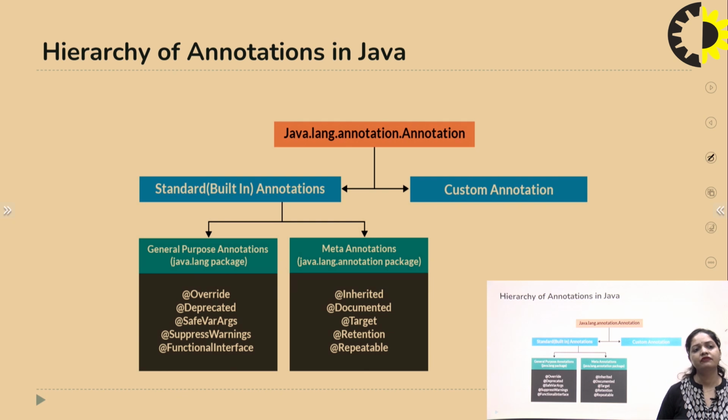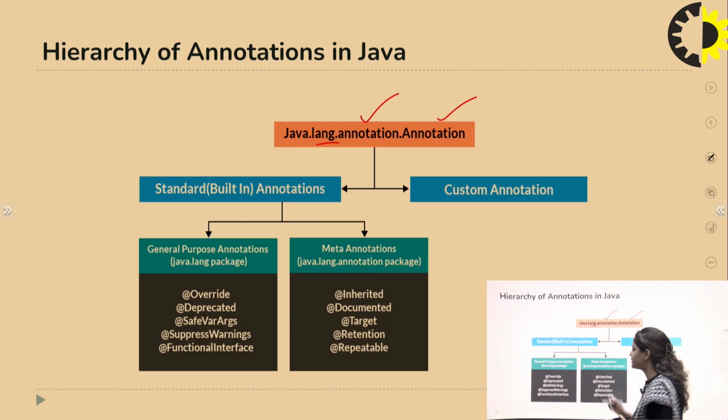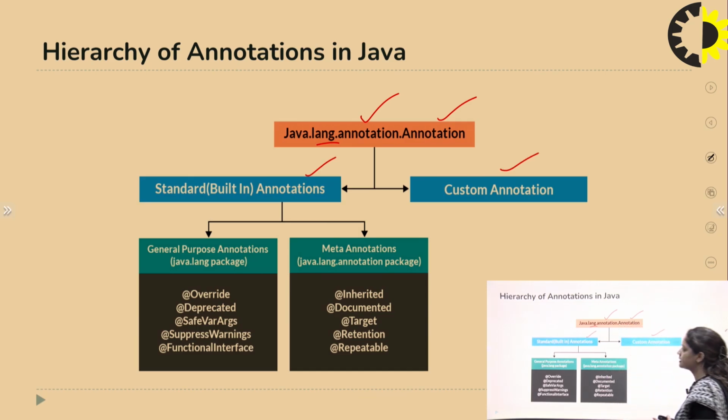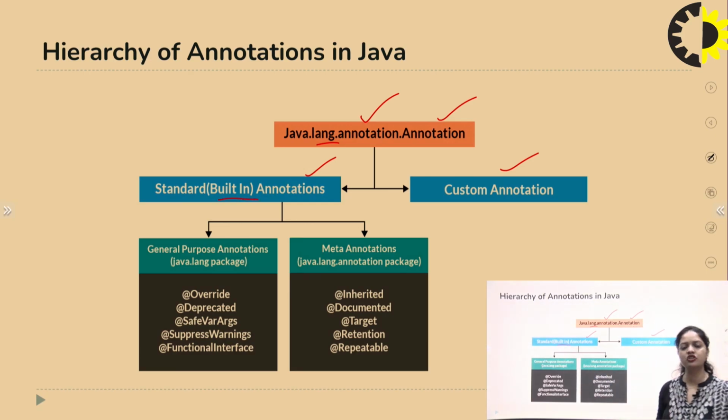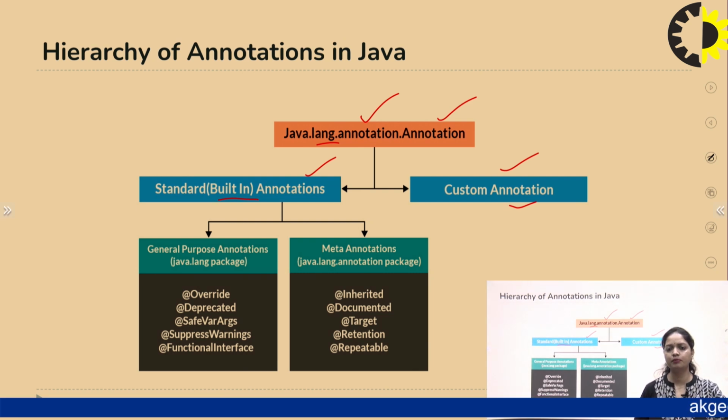In Java, we have two types of annotations, and these annotations are held in the package java.lang.annotation. One is the standard annotation and one is the customized annotation. Standard annotations are also known as built-in annotations, which already exist in our Java programming language in their packages or files. And customized annotations are the annotations created by the programmer for their own purpose, whose definitions do not already exist in the packages of Java.